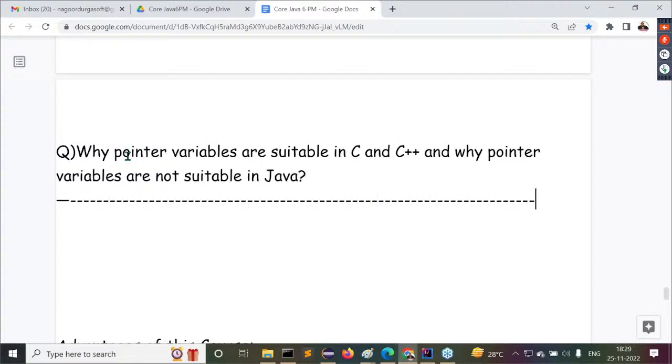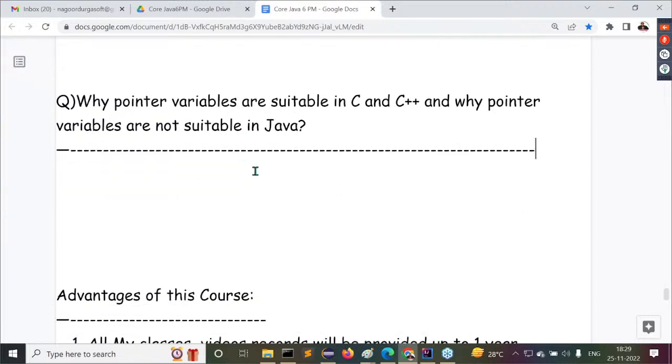Up to now, what we understood here is what a pointer variable is. That's the point I've given up to here. But now my question is, why are pointer variables suitable in C and C++, and why are they not suitable in Java?